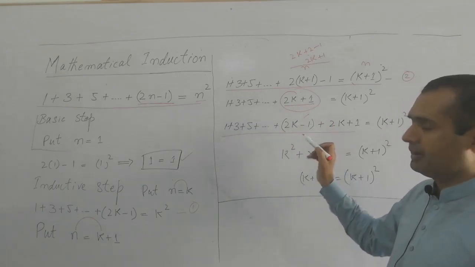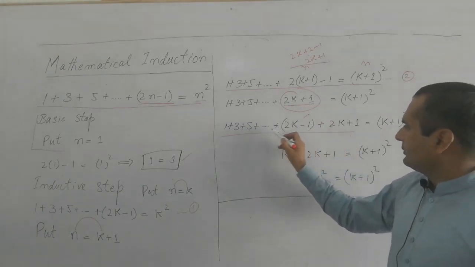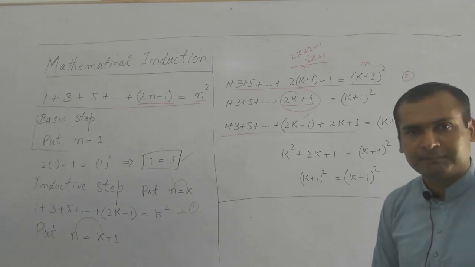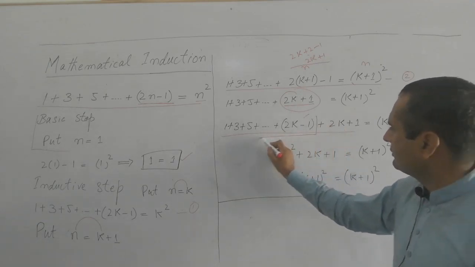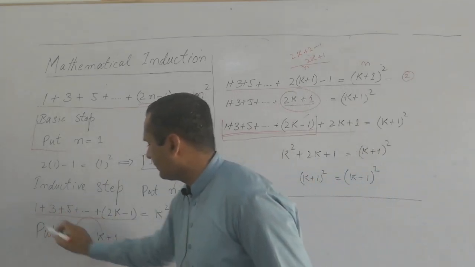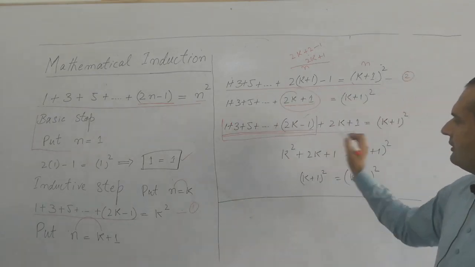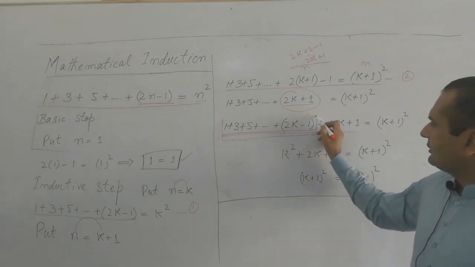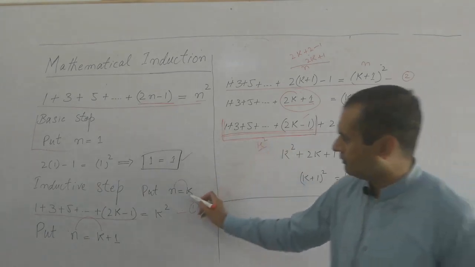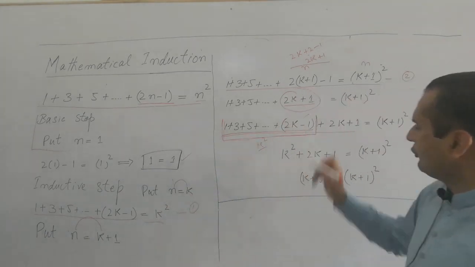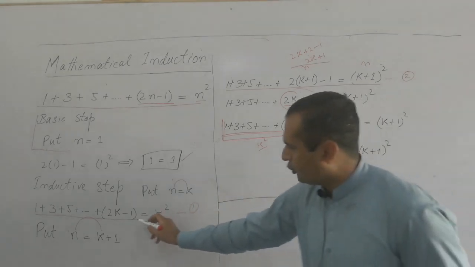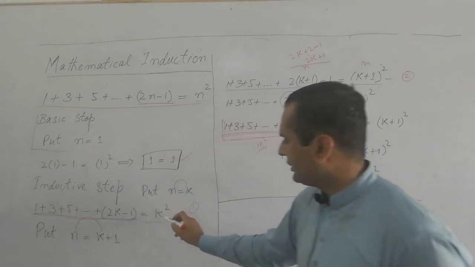This was the last term, the last value, but we have found the inductive step. Now we will combine them. By combining these statements, the sum of these values equals k plus 1 squared. If you ponder this sequence, as we already have this statement given by our question, the whole sequence of such values is equal to k squared, or n squared if we put n instead of k.